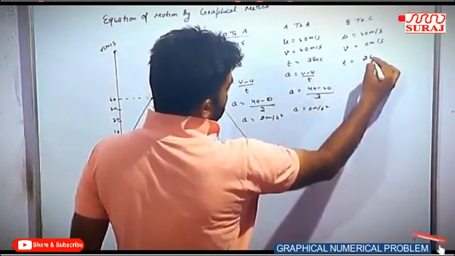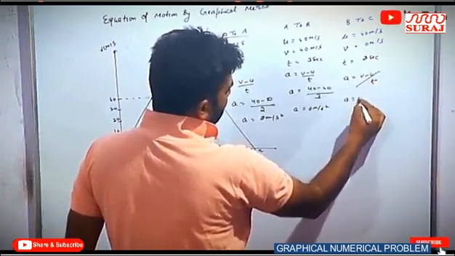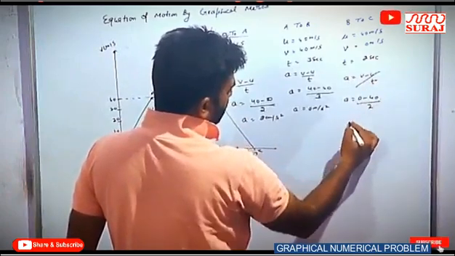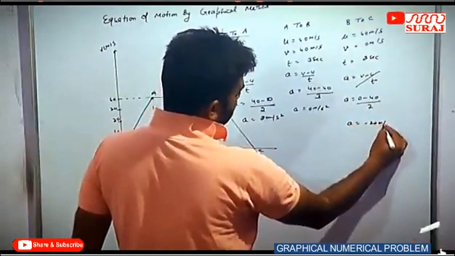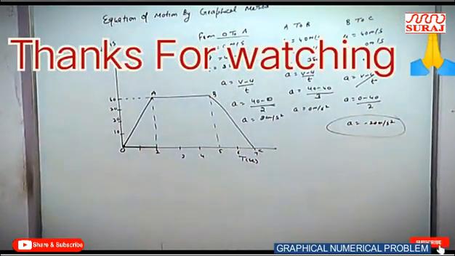From B to C, B is the initial point, so u is equal to 40, C is the final point, so v is equal to 0, time is equal to 2 seconds, so acceleration is equal to v minus u by t,